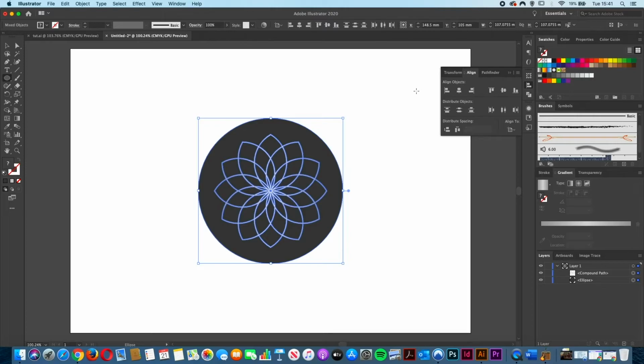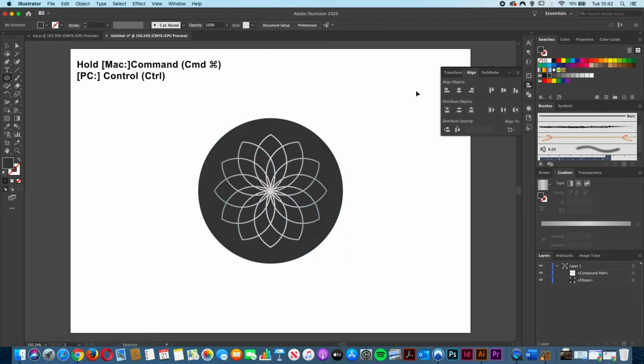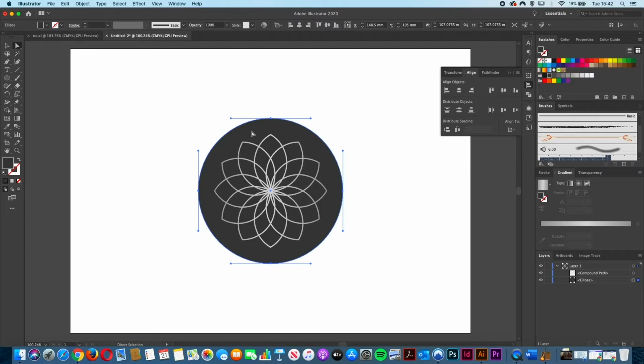So I'm just going to hold down Command or Control, click away, and there we have our logo icon, which is nearly finished. So now I'm going to come over and grab the direct selection tool, which is A on the keyboard, which allows you to select any part of the path and the anchor points, which we will go into more in depth in a separate video. We want to click on our background circle, because now what we're going to do is add the dark feathered